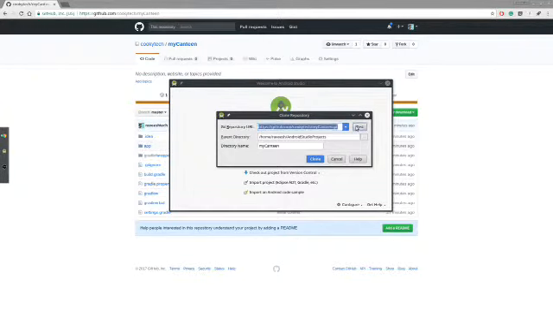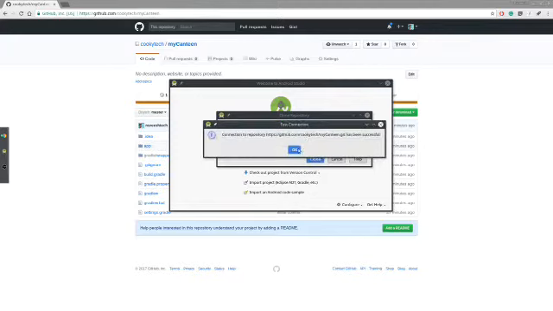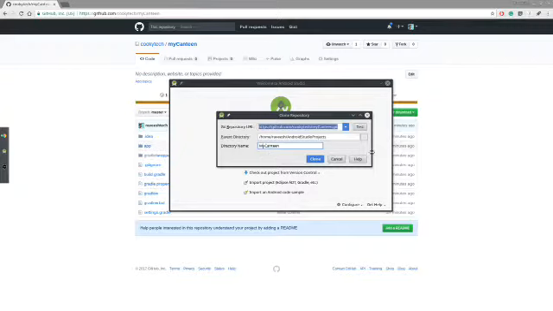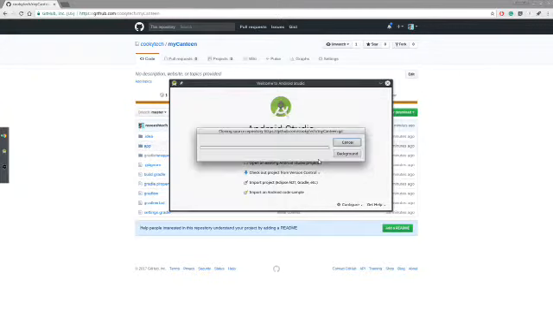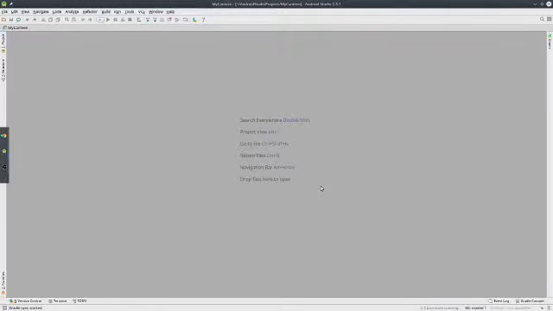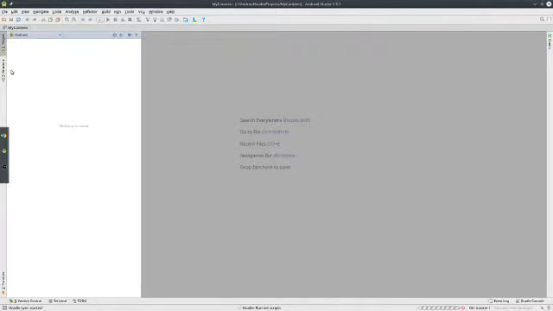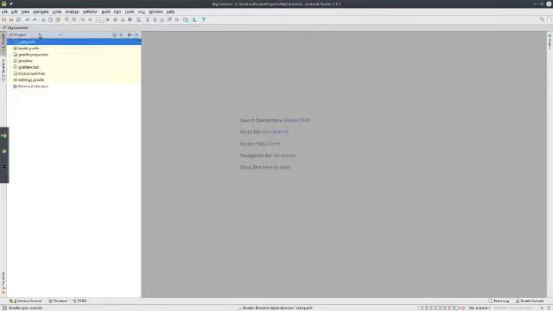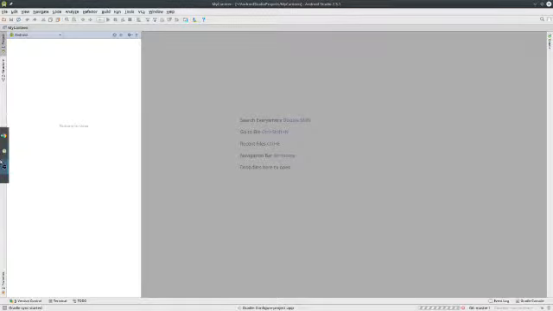The connection has been successful. You just log in, and if you are a part of this repository in the contributors, I'll add you once you have made your GitHub accounts, and press clone. Now it will clone the entire repository, and you can see everything in the